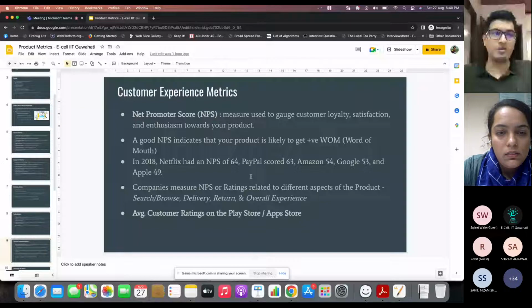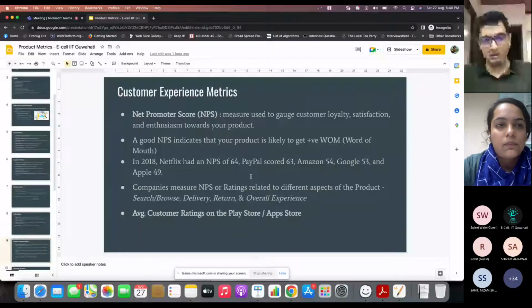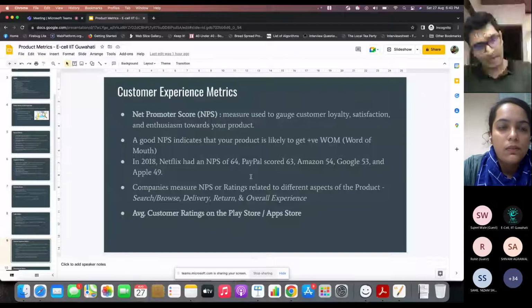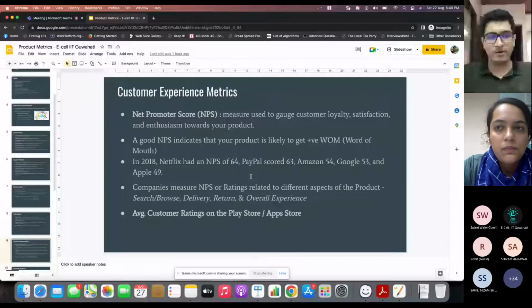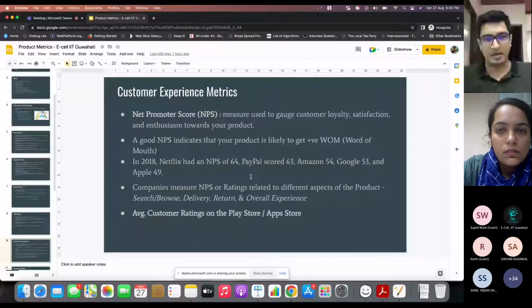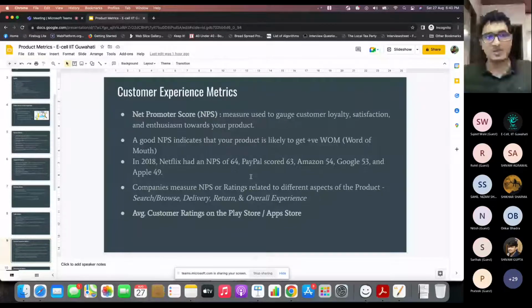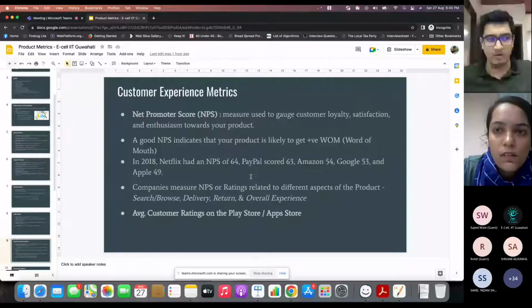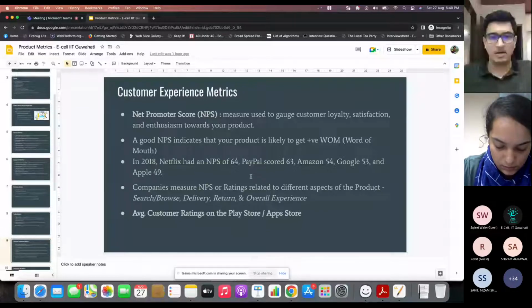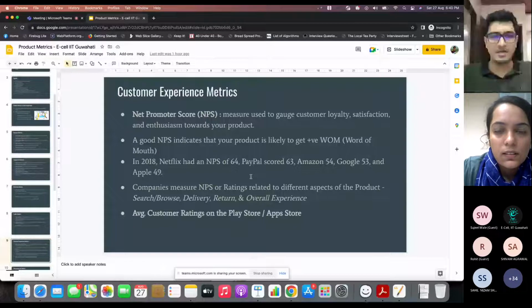A very good example was at Myntra, where a lot of customers used to tell us, hey, it becomes very cumbersome for me to select a few brands. Can I exclude certain brand products when I am browsing? I don't want to see products from a particular brand. This emerged from customer feedback, and then we implemented it, so that as a customer you would be able to exclude certain product brands as a filter when you're browsing. So customer experience also feeds into your roadmap building, these metrics and these reviews.